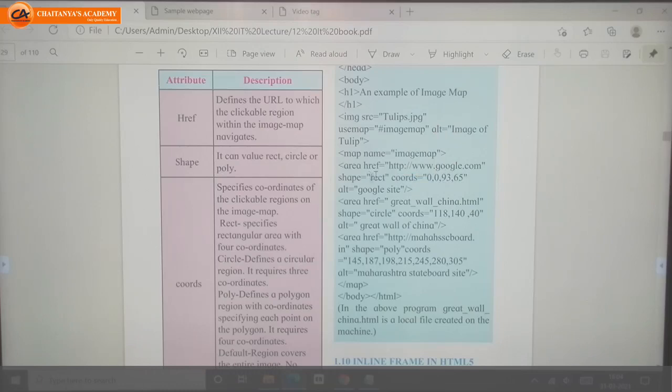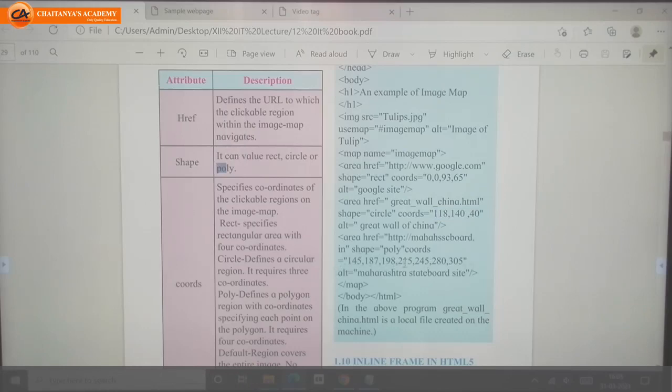And the coordinates depend on your shape. If you specify rect, you need to provide 4 coordinates. If you give the shape as circle, you need to give 3 coordinates. And if you give the shape as polygon, you can give as many coordinates as you want to display.